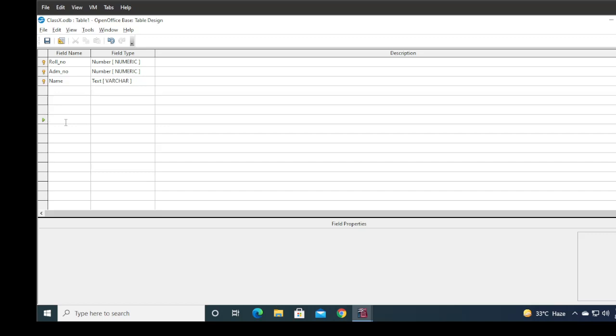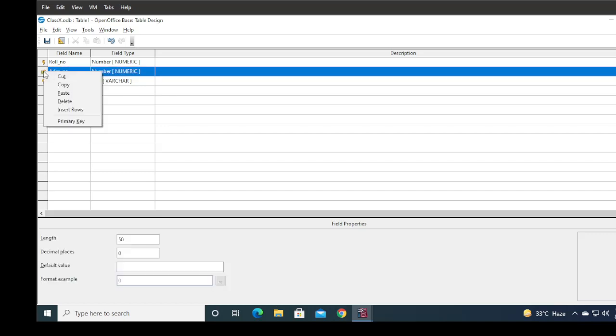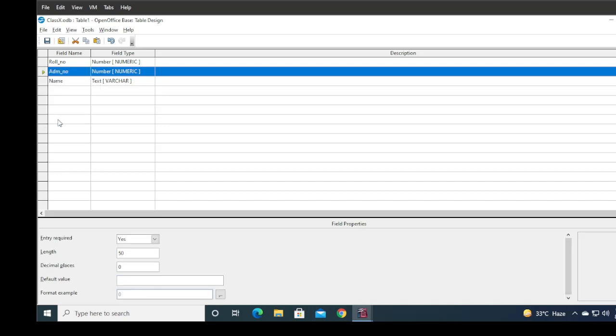So now this is not your primary key, this is your composite primary key. If you input duplicate records in all these three fields, only then will the error be displayed. But if you input a duplicate in a single field, no error will be displayed here. And if you want to remove it, right click on it and press the primary key, uncheck the primary key, so the primary key will be removed. So you can learn this point again and again: only one primary key on a table.